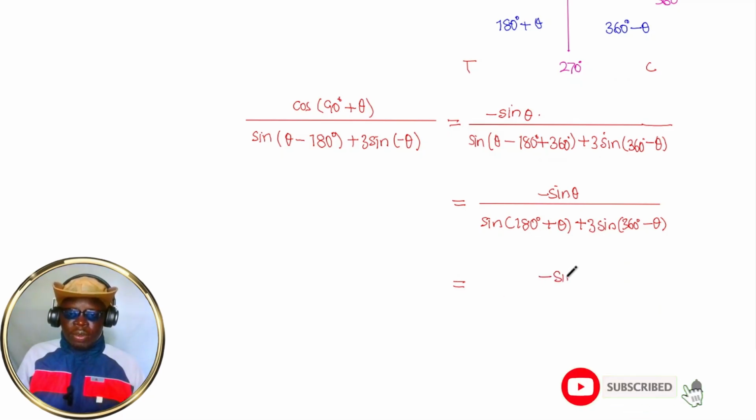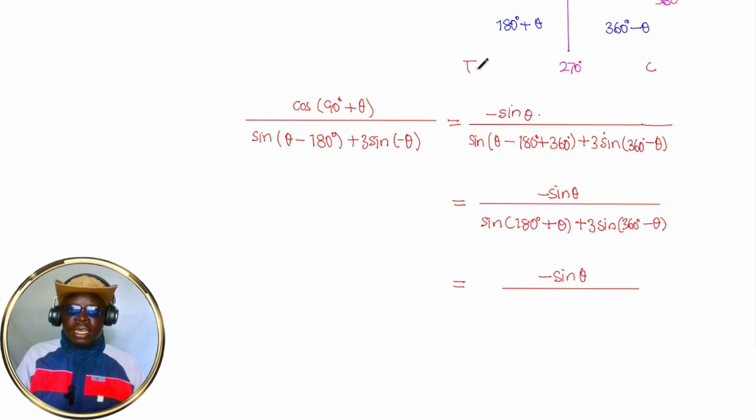We have sine of the angle theta, and we divide this by the reduced version of it. And from here, since this one is in the third quadrant, only tan is positive, so sine is negative in the third quadrant, so the result would be negative sine of the angle theta, and we're adding this to 3, and sine also at 360 in the fourth quadrant is negative, so we'll have this multiplied by,